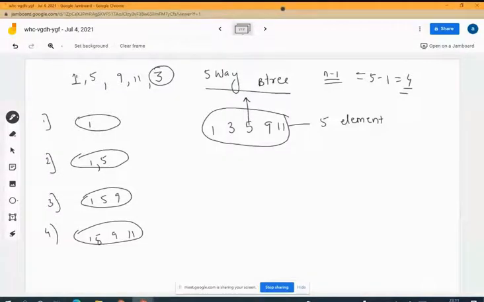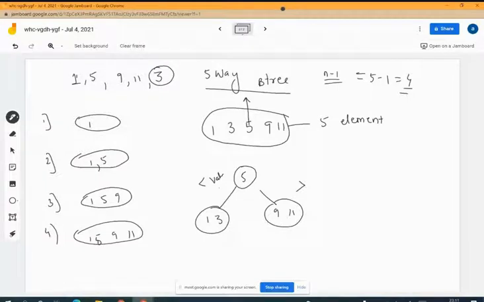number. Now why am I pulling? Because as per the rule, the left child and right child should be equal. You can see here 5 elements are there, and if you pull from here, this will split into two, that is 1 and 3. So if I pull 5 up here, it will come here, and 1 and 3 will come together, and 9 and 11 will come together. Also, the condition of a tree is satisfied, with the left children having less value and the right children having more value as compared to the root node. So this is how you're going to form the tree.